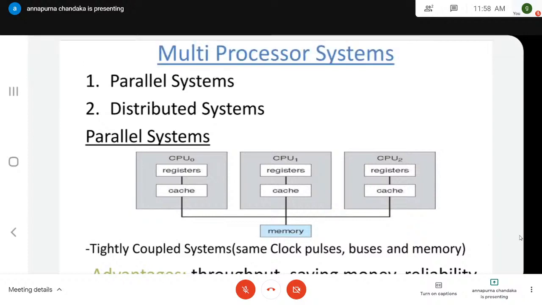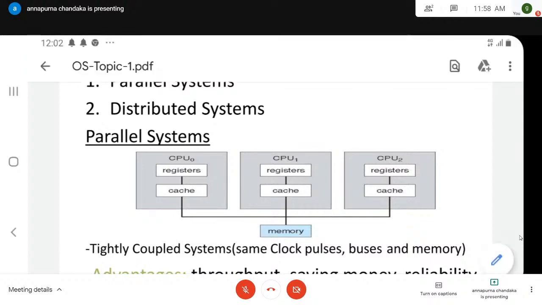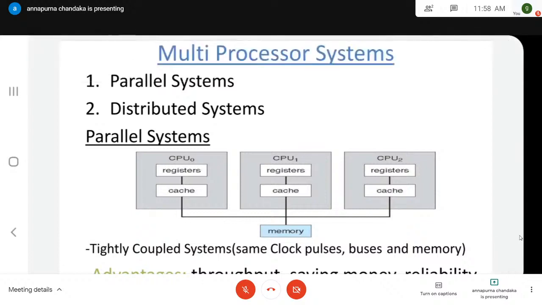Of course, for a personal system you would not have much use, but we have a lot of uses while constructing servers. Let us take an example. Consider the Google server. How many people are connected to the Google server at the same time? Millions of users are connected at the same time. If the server is equipped with only one CPU, is one CPU sufficient for servicing all the people at the same time?